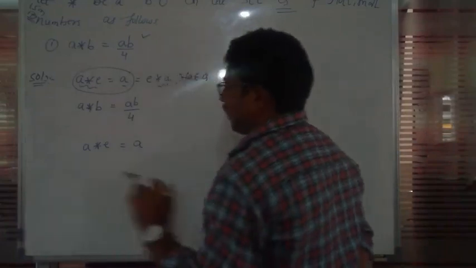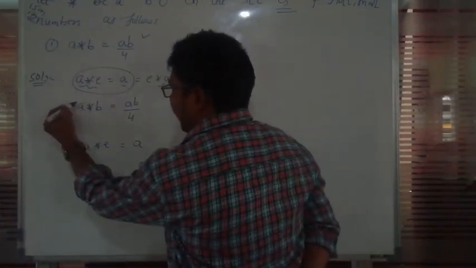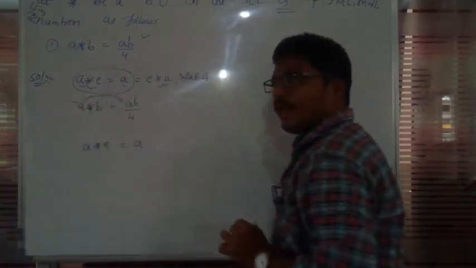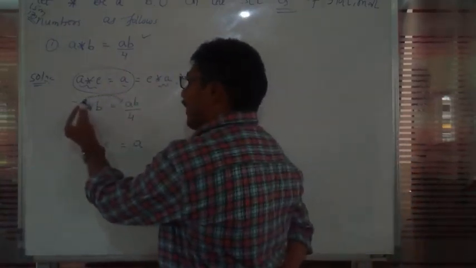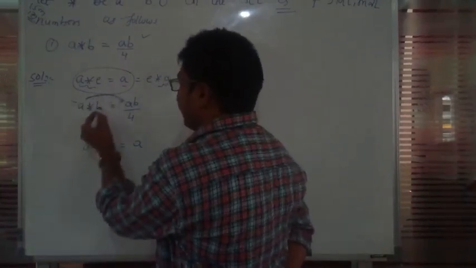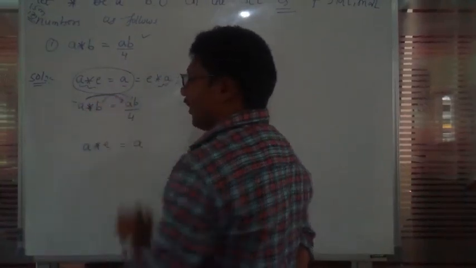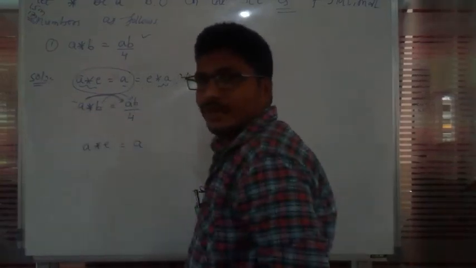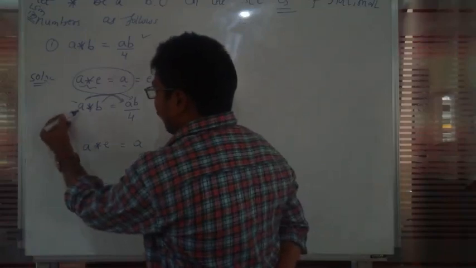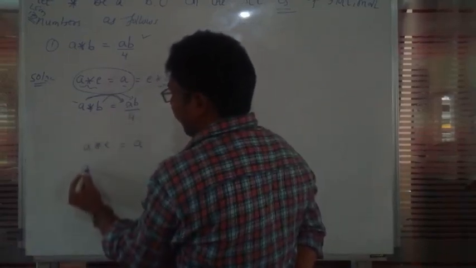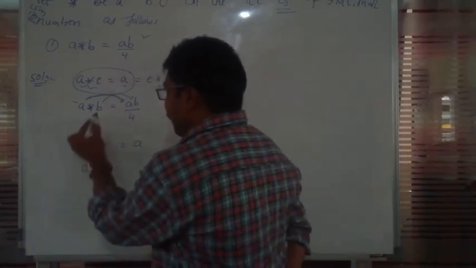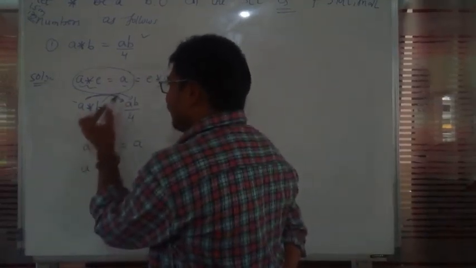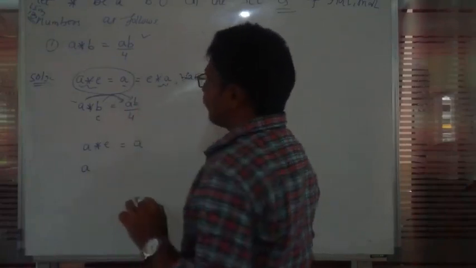Concentrate on this. Here there is an A, that's the reason we keep A. Here there is a B, that's why we should keep B. Here, because A was there, A has come; because B was there, B has come. In the placement of A, I will keep A only. In the placement of B, if E is there, what element occurs?